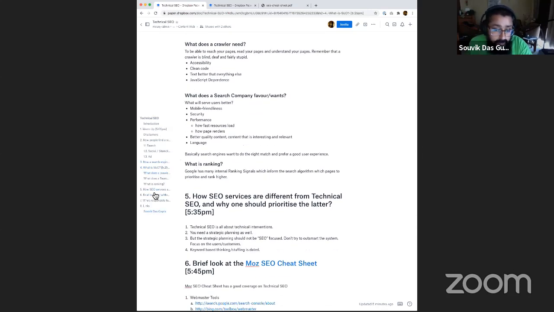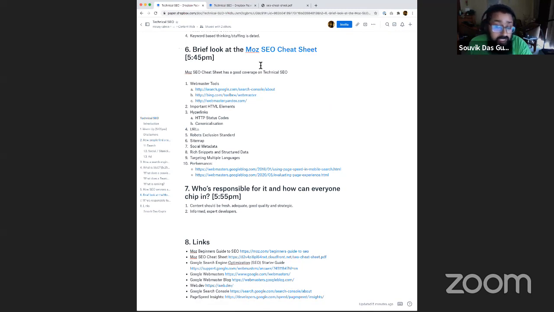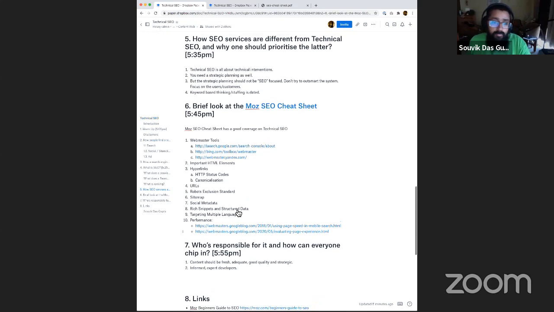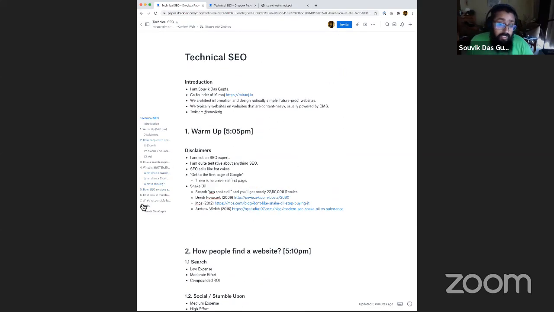Then I want to take a brief look at the Moz SEO cheat sheet, which has a very good coverage of technical SEO. Also discuss quickly who's responsible for SEO in your team if you are managing a website. These are the topics I want to cover, and you see a timestamp over there.